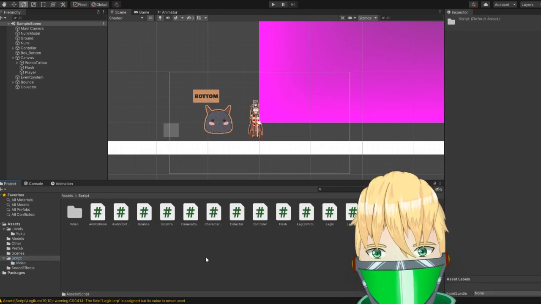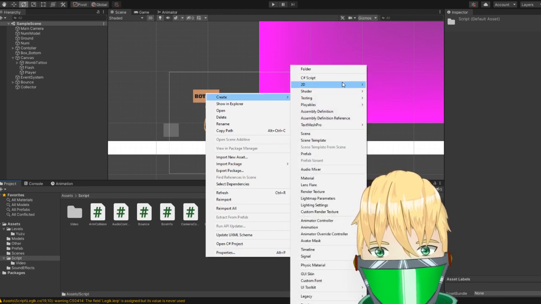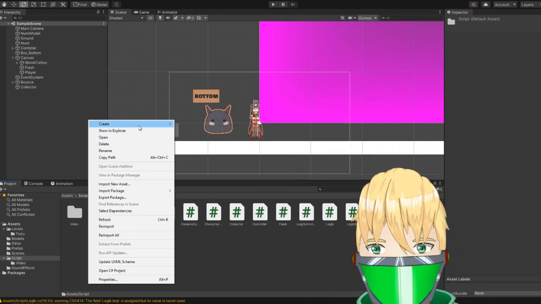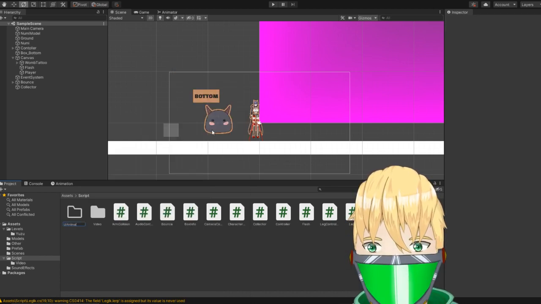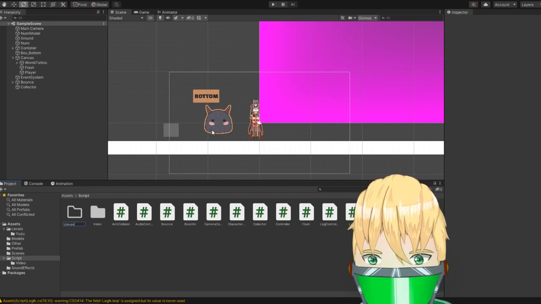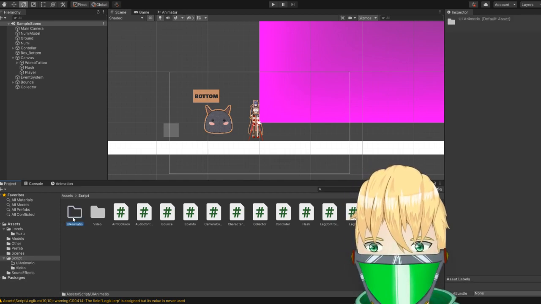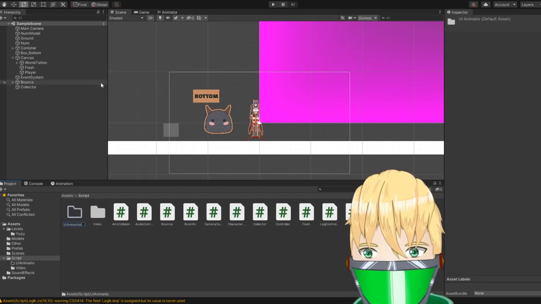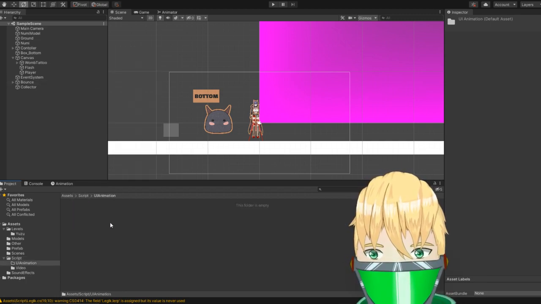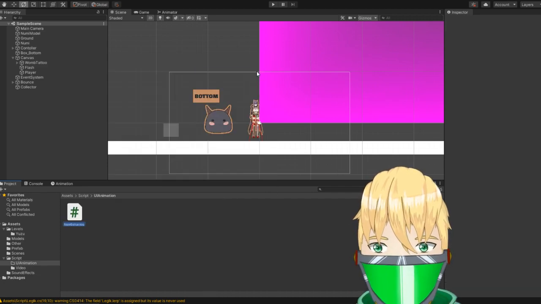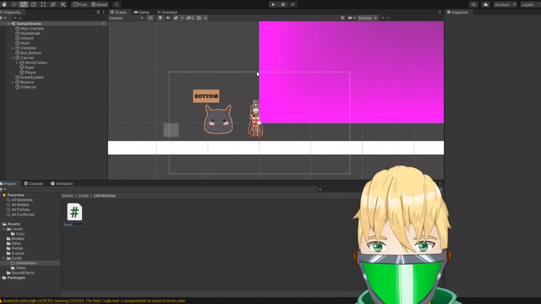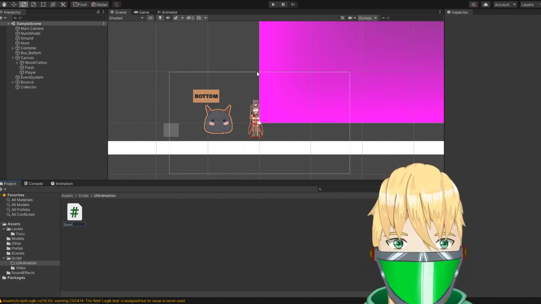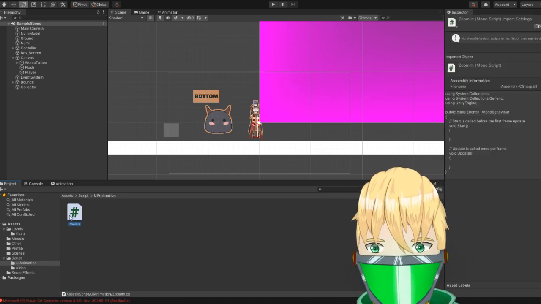So okay. I'm gonna start by creating, first of all, a UI animation. Okay, animation. UI animation here. So this is gonna have our first script. We're just gonna be like, zoom in. Or, yeah, zoom in. Wait, zoom out. Sure, we'll just go with one of them, I guess.